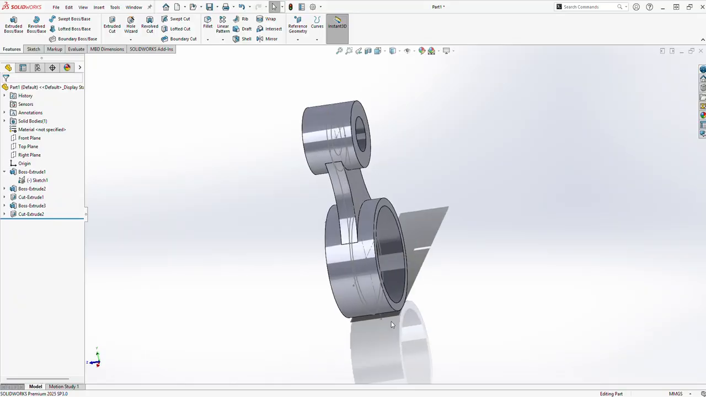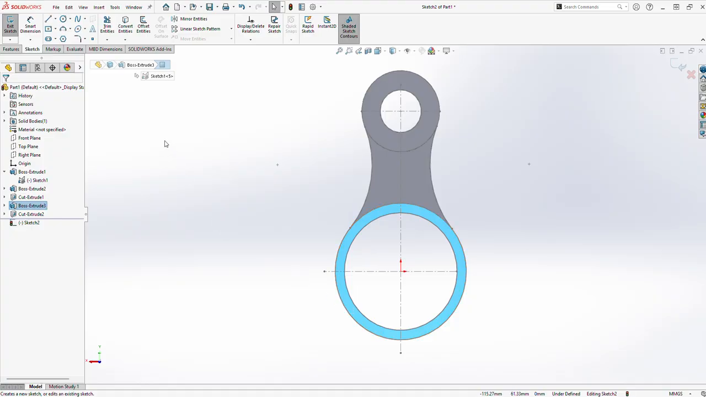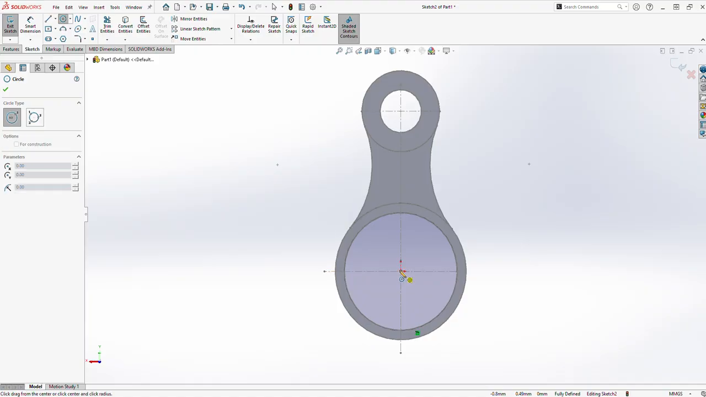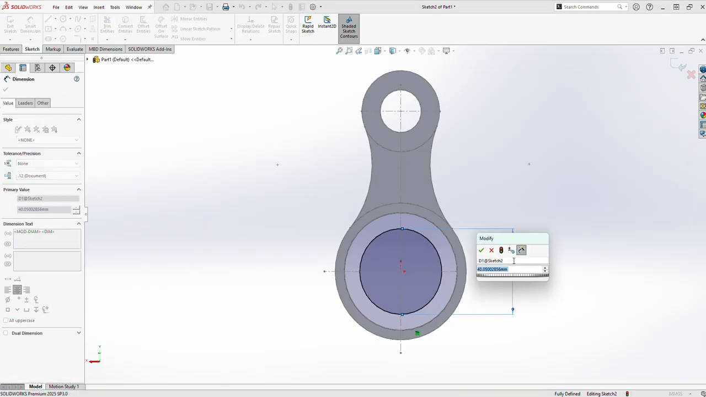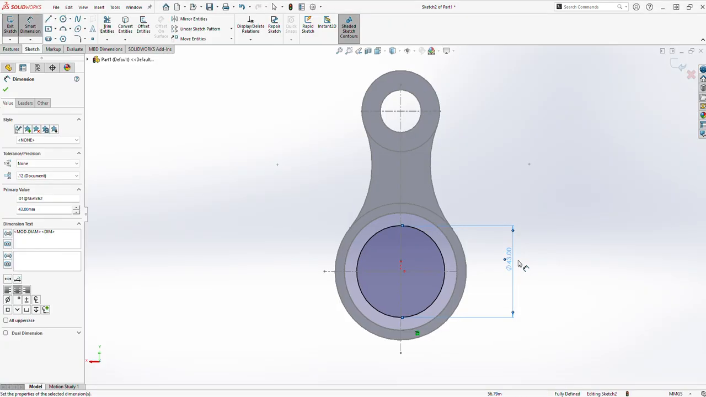Select back plane for the other design. Select a sketch. First we have to select these lines and take convert entities and take a circle, smart dimension. Give the dimension as 43 mm. Okay,